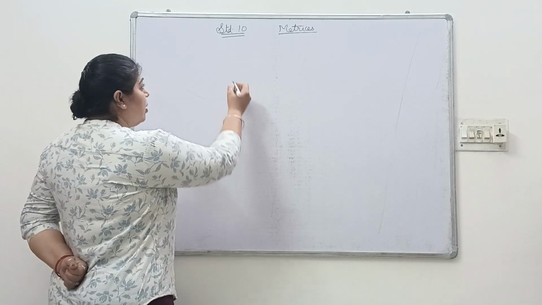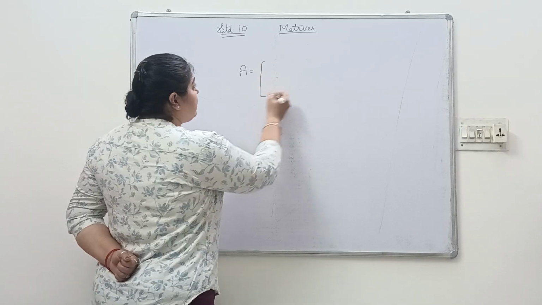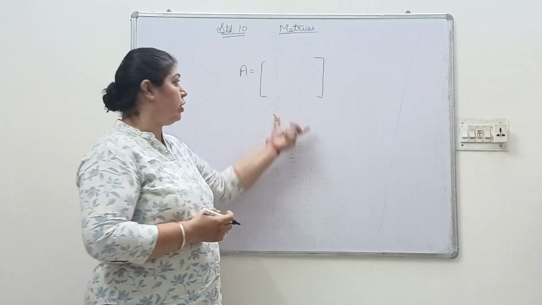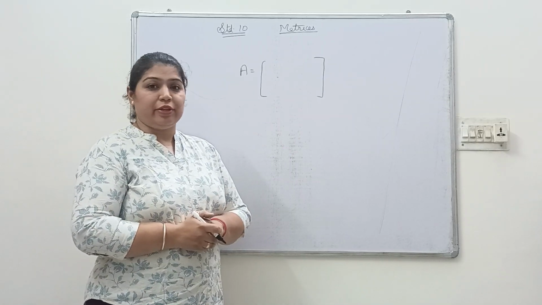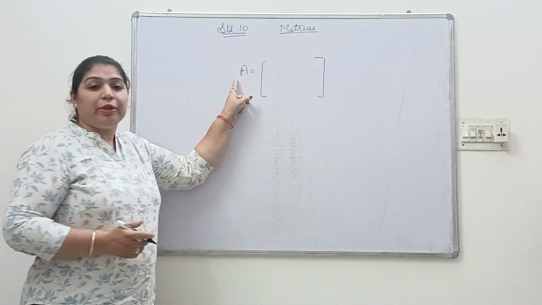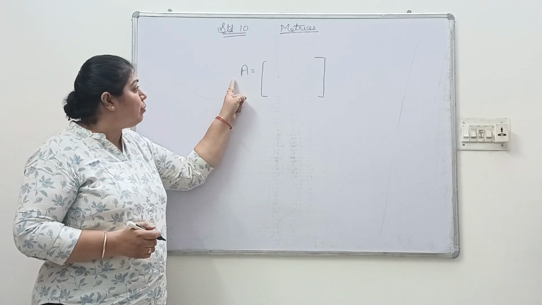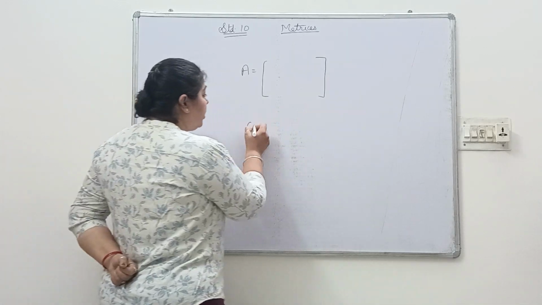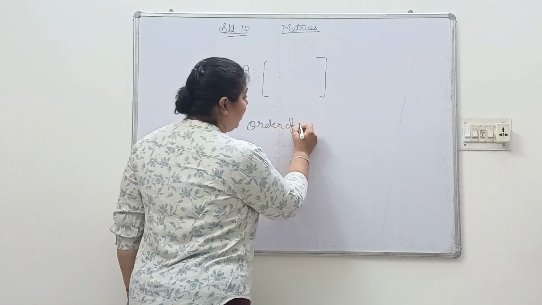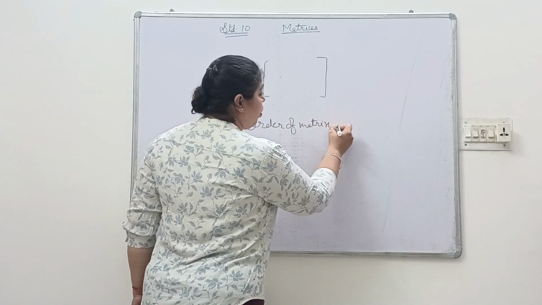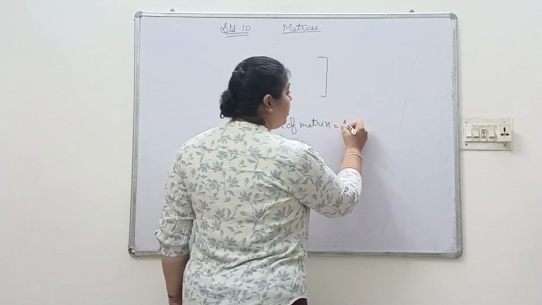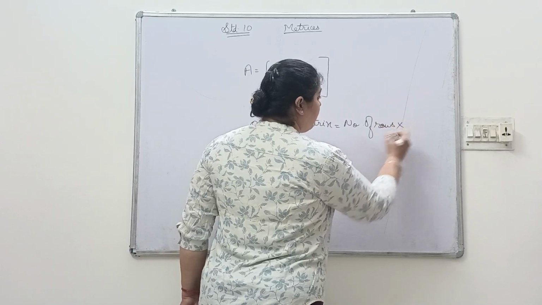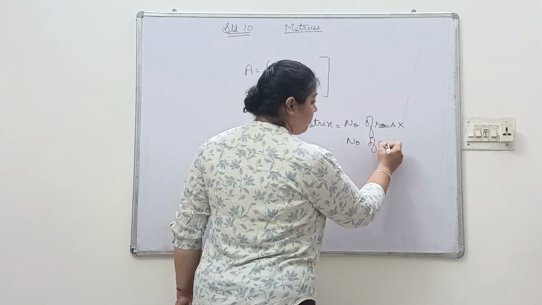First of all, we must know what a matrix is. A rectangular or a square representation of elements is known as a matrix. You must remember that a matrix should be written with block letters and enclosed in square brackets. There is also an order of a matrix, which contains the number of rows by the number of columns.